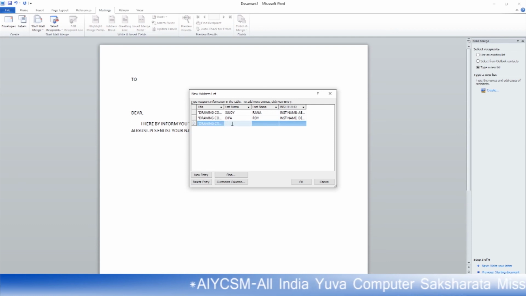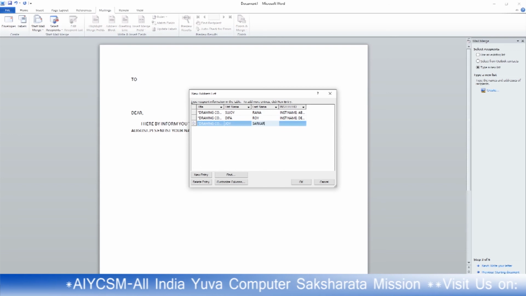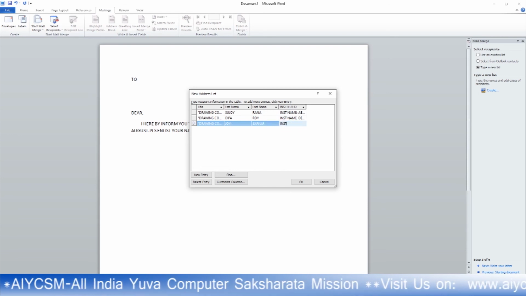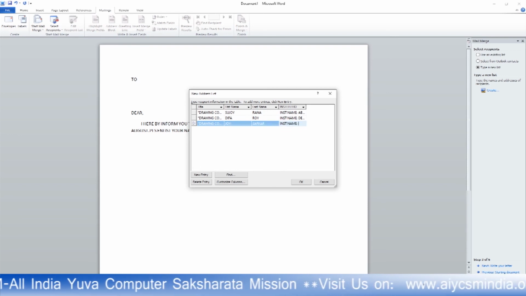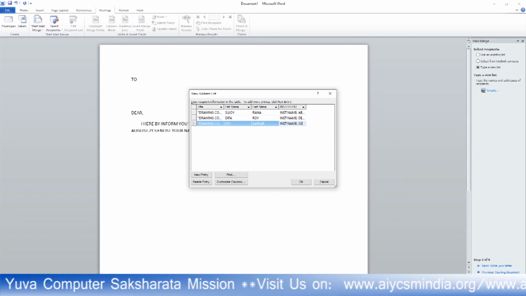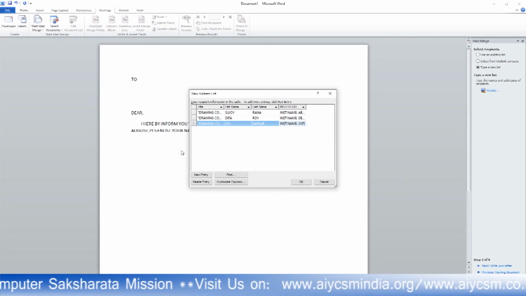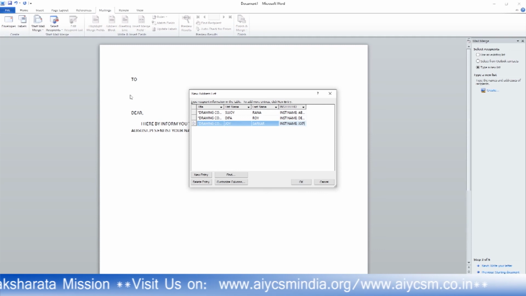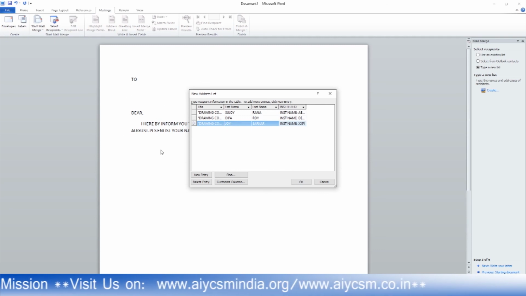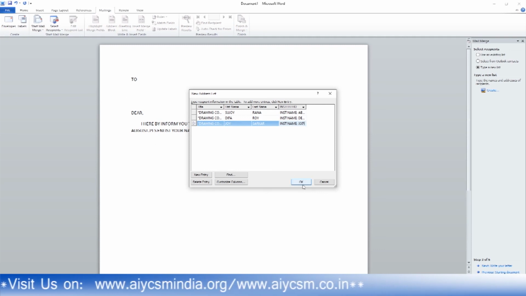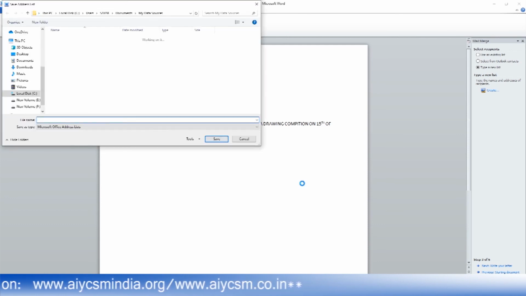Now I want to enter another one. You can insert like this, Joy, shortcut, name of the INST name, XXP. These are the information that I want to insert along with this document. Okay, now click on OK.